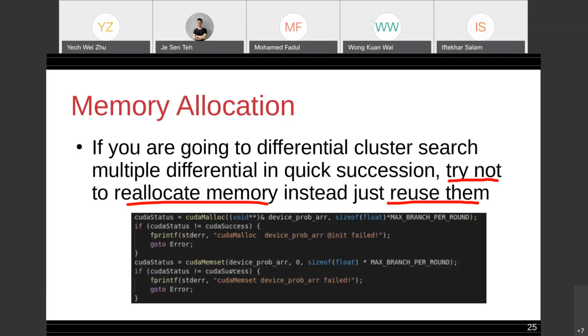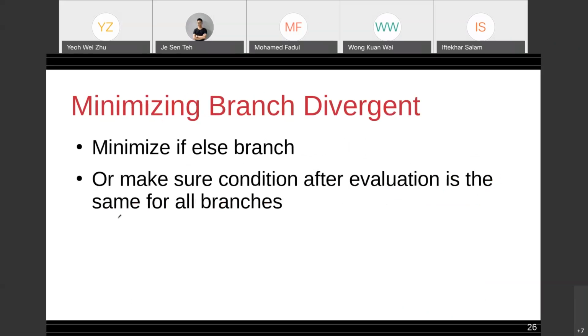You can try to memset them to 0 instead. If you feel that there might be some error, you can just memset them to 0 to reset them to the previous condition before you started the program, and re-execute the differential cluster algorithm again. The other thing, more specific to GPU, that I think I need to cover as well is